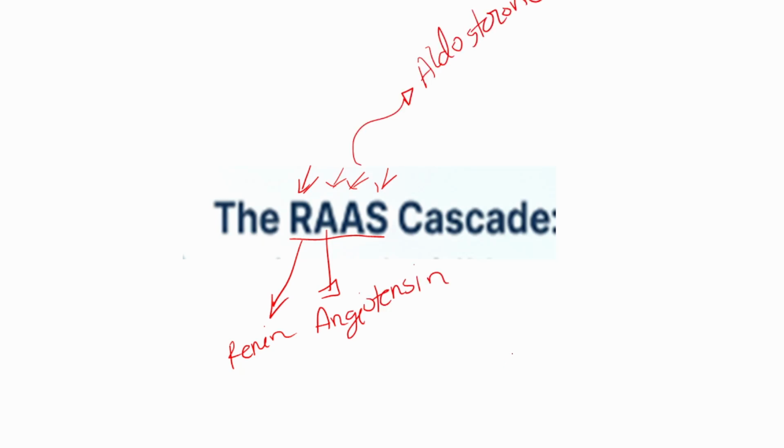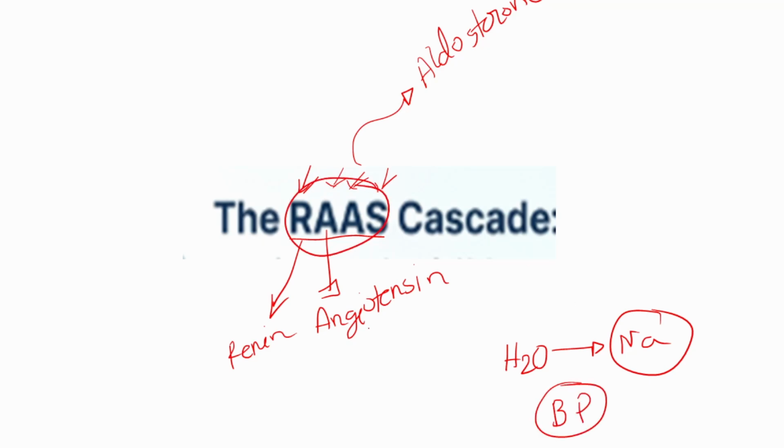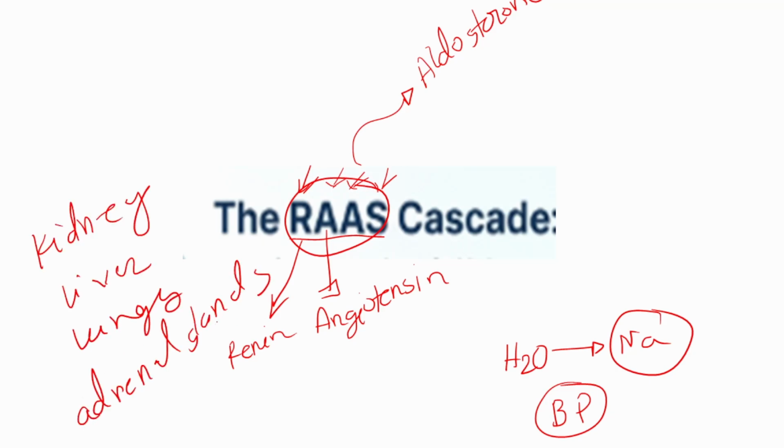And as water follows sodium osmotically, controlling sodium is ultimately the primary mechanism for controlling blood volume and therefore BP, or blood pressure. This RAAS is one of the most clinically important hormonal cascades in all of medicine, and the IMAT will test it repeatedly because it integrates the kidney, the liver, the lung, and the adrenal glands into a single coherent